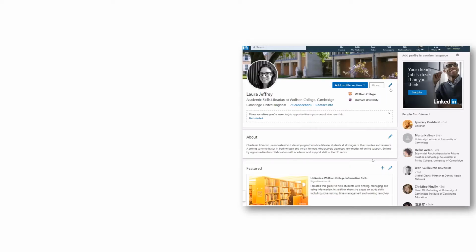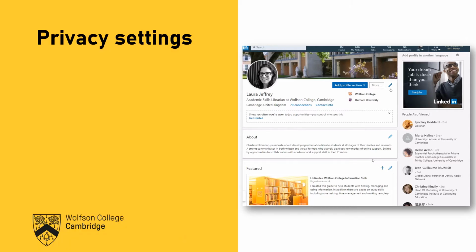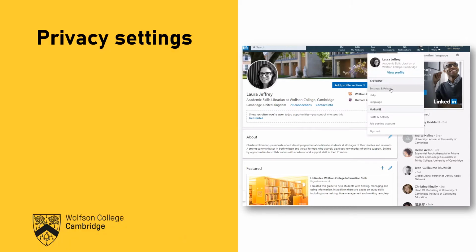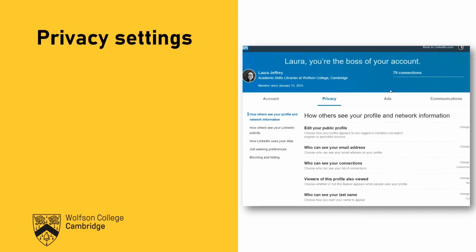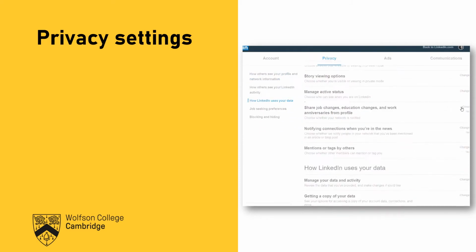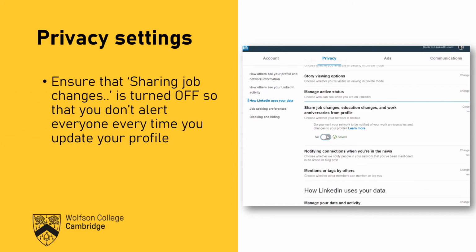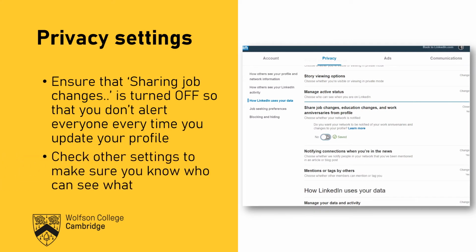Again, with any sort of online presence, you need to think about your privacy settings. Who can see what? What are you sharing with people every time that you edit something? And I think that's one thing in particular to go into straight away, is to go into the privacy settings and just turn off the option for all your connections to see the changes that you make. Otherwise, every time you update your profile, people are going to be notified.